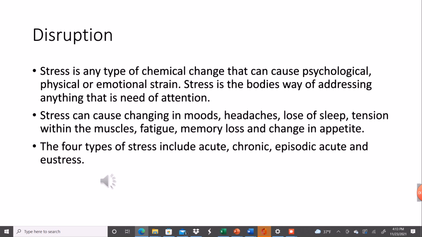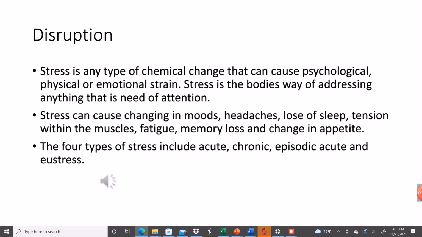which occurs when you run into a stressful event all of a sudden. Chronic stress is that constant feeling of stress that just won't go away. It can be caused by everyday pressure of work or maybe even traumatic experiences. Episodic acute stress occurs when you get those frequent bursts of acute stress. It may look like always constantly feeling like you're in a rush, running late, or maybe that feeling of being